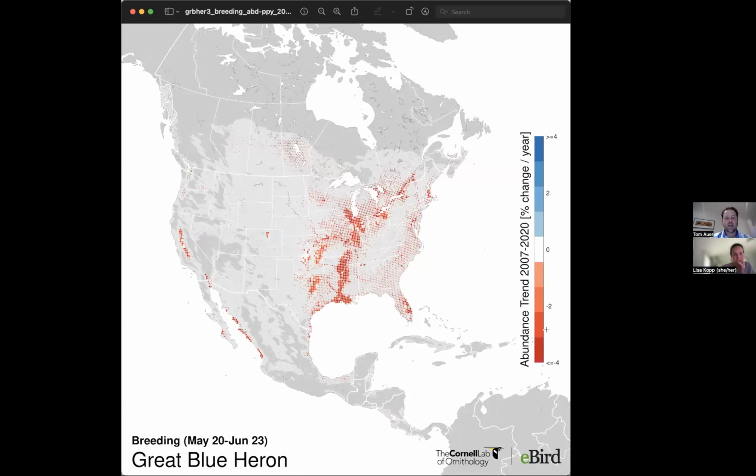But I will say, we analyzed a lot of these species and almost all of them have some area of increase. It's not just a blanket bad story. But yes, our models capture both increasing and decreasing species. And the great part about this method is that it does it through space. So if they're increasing in the Intermountain West, we can see that. We got that detail and resolution. If we see that they're declining in the Mississippi Valley, we got that information. Hopefully we can put this into the hands of people who can then act in the right places.